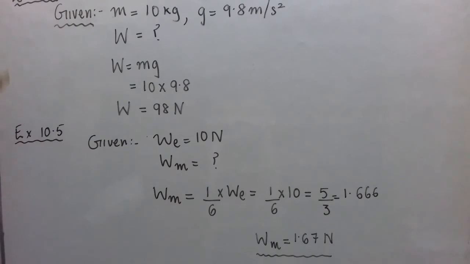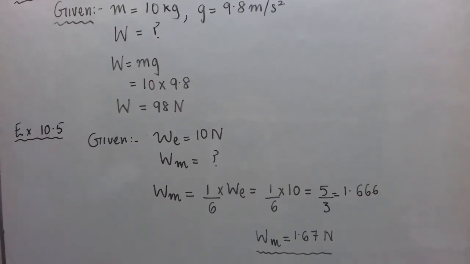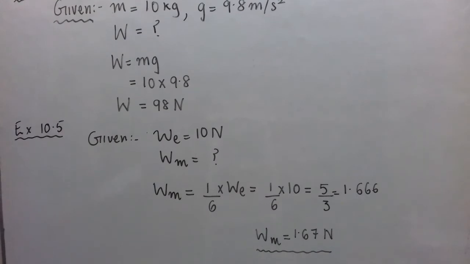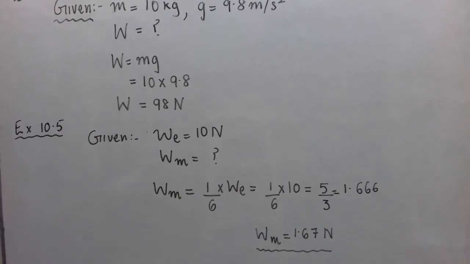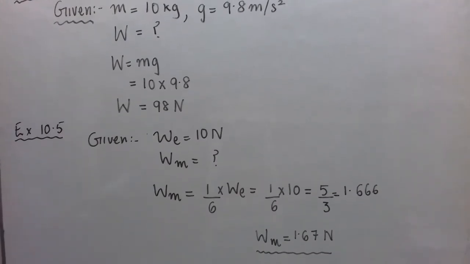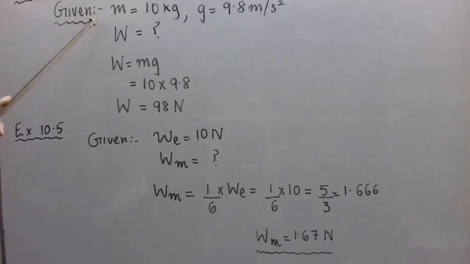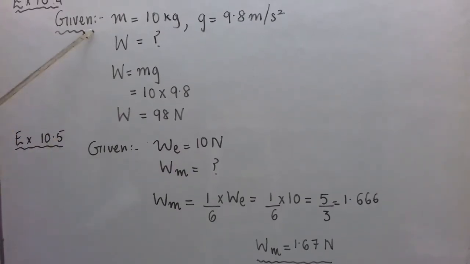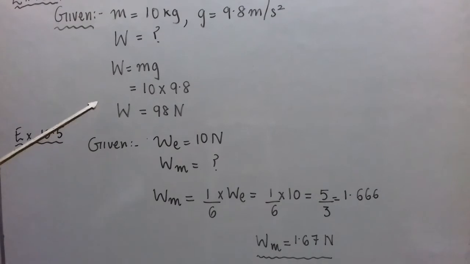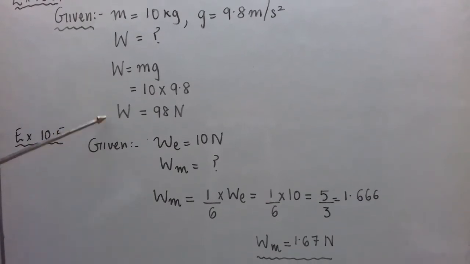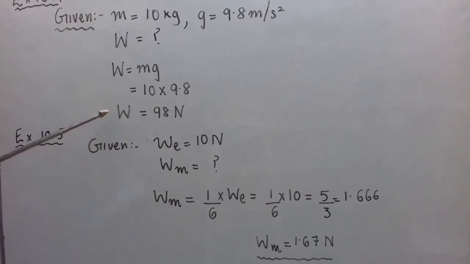Now, the next question is, an object weighs 10 Newton when measured on the surface of earth. What would be its weight when measured on the surface of the moon? Now here, an object weighs 10 Newton when measured on the surface of the earth. So given WE is 10 Newton. Why have I put E here? Because in the earlier case we were supposed to find weight, and that was on earth only. Understood, it is on earth. That is a force of gravity due to earth only.